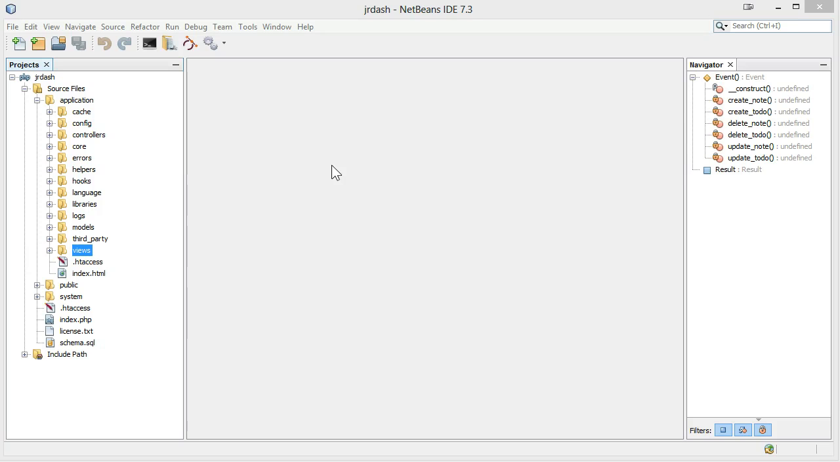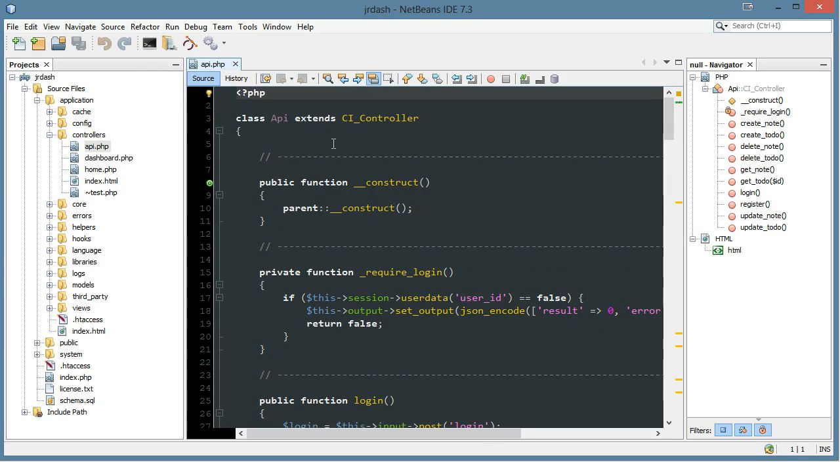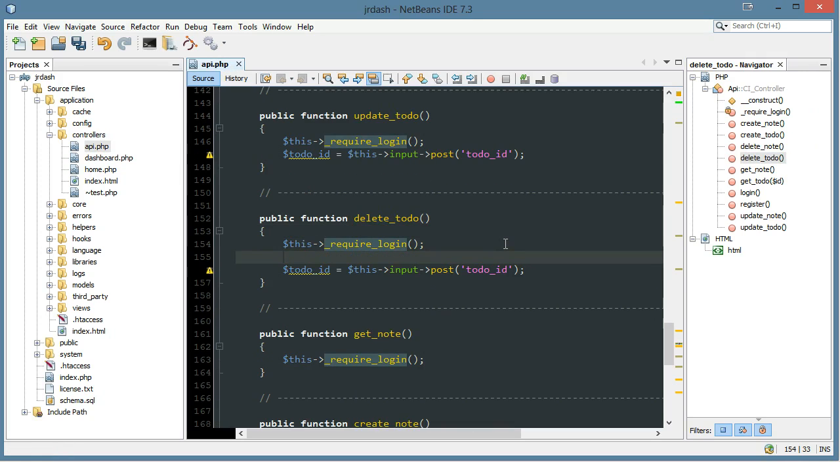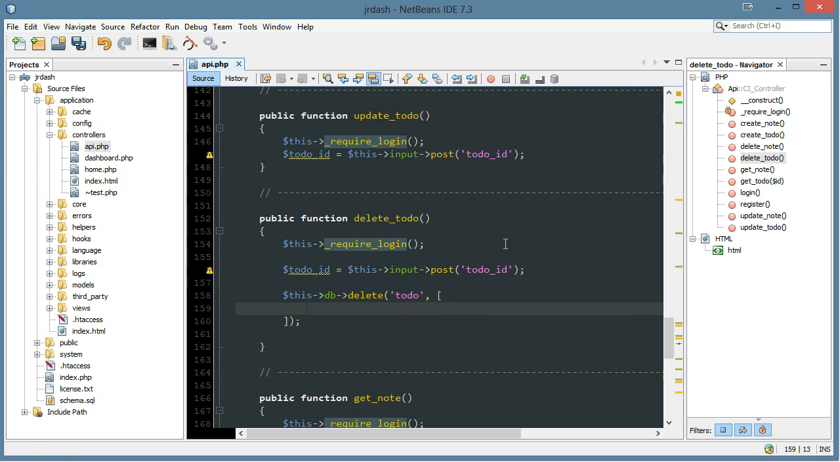In this video, we're going to learn how to delete through Ajax. So first, let's head to our controllers and API, and let's go to delete to do. Okay. And what we're going to do is, we have the to do ID here. It looks like we'll do a this db delete from to do where to do ID equals this input to do input post to do ID, and we also want